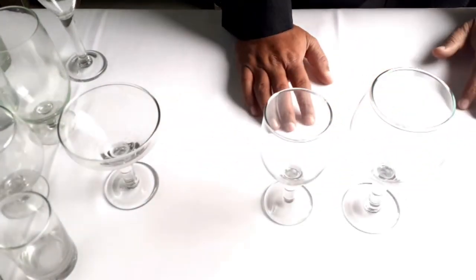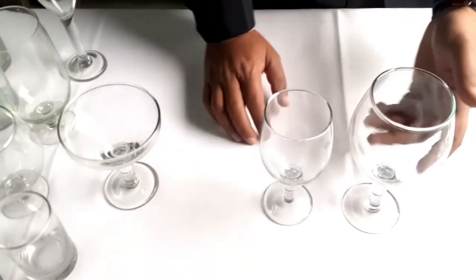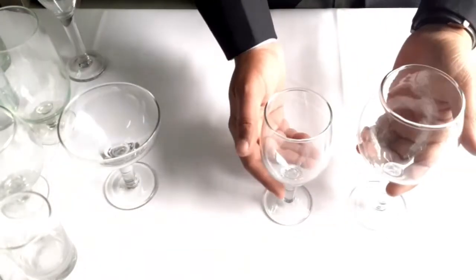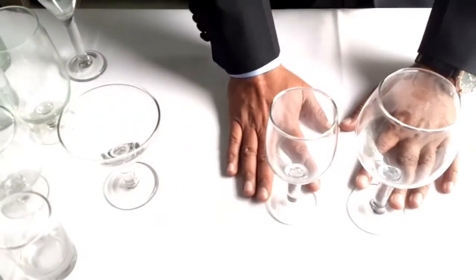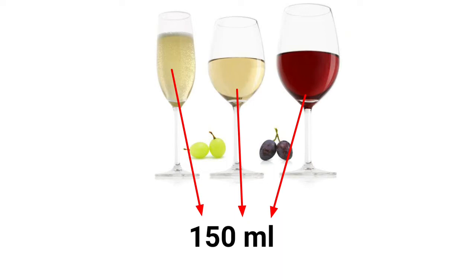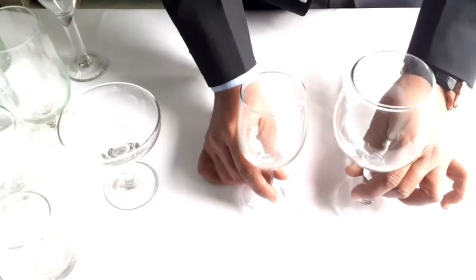red wine glass, and the capacity of these glasses might be 9 to 14 ounces, and it might be 8 to 12 ounces. The capacity of wine which is served in the glass is standard, that is the 150 ml. So they are served in this. So white wine glass and red wine glass.